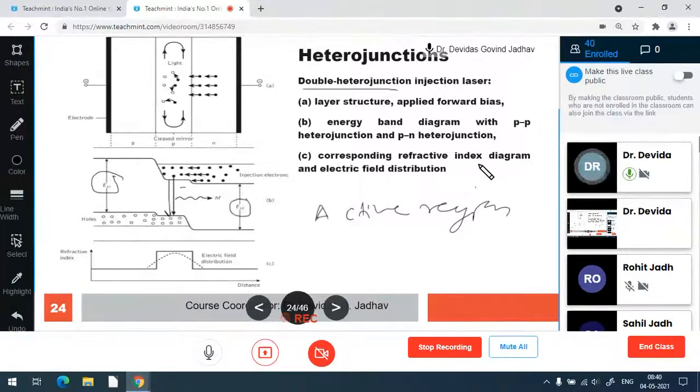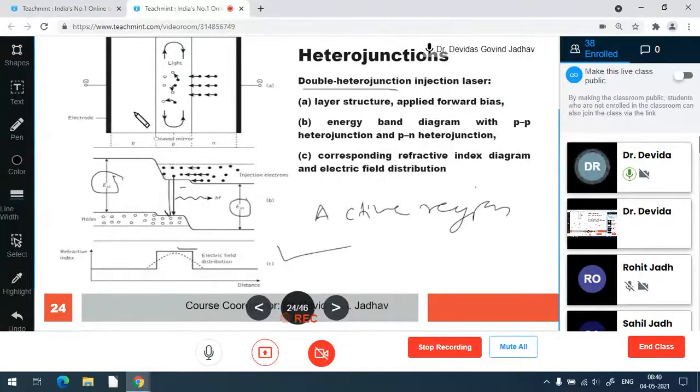So if the active region is made thin, then electrical intensity becomes very high, then photon concentration becomes very high, then due to pumping, the concentration of the atoms at the higher state becomes very high, and due to all that, the radiance becomes very high. Okay. So whatever photons are generated, they are made to remain in the same region by making the optical fiber structure.